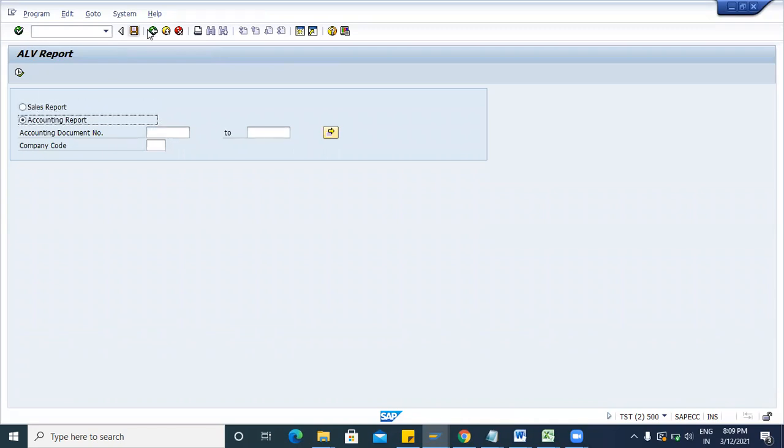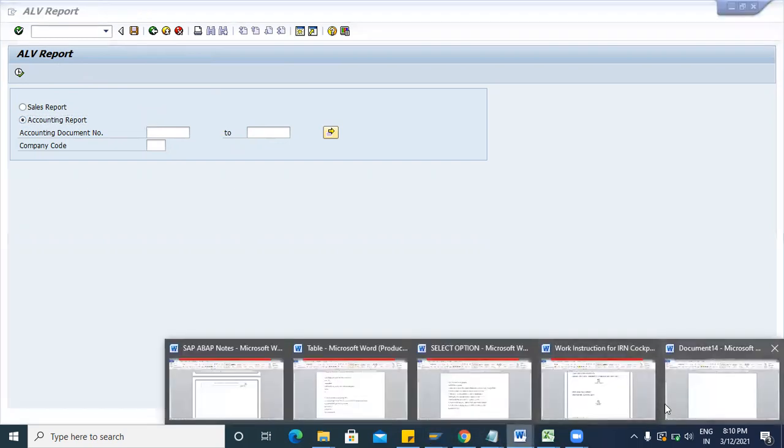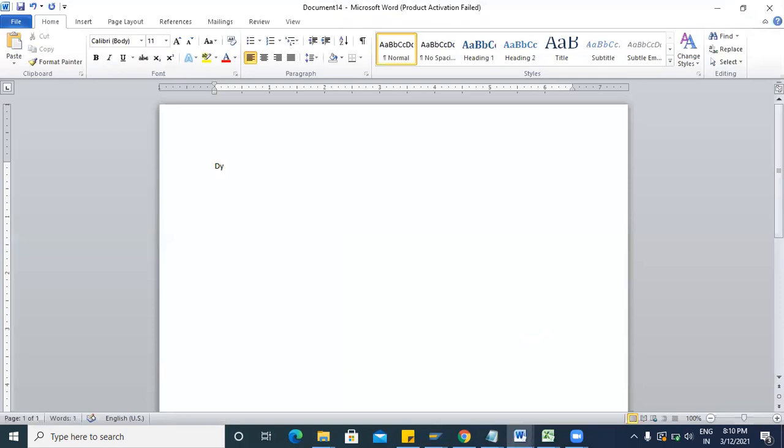Now if you want to make a dynamic selection screen, what is a dynamic selection screen? Let me explain what a dynamic selection screen is.